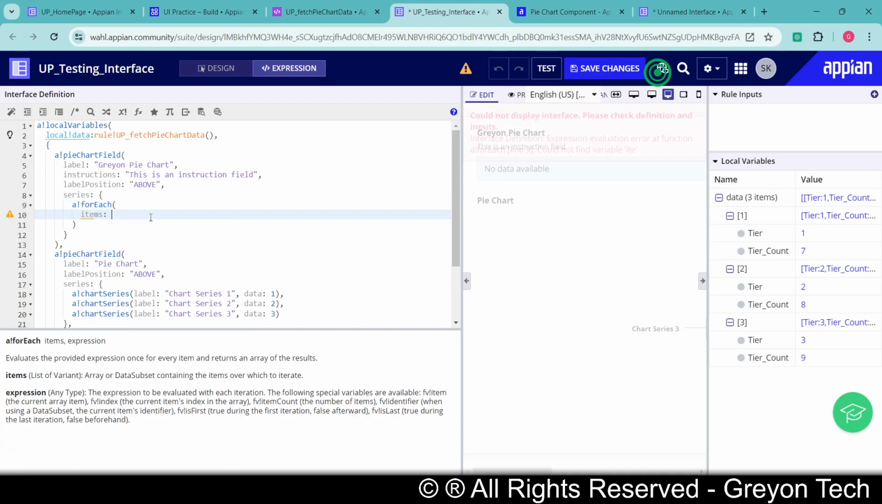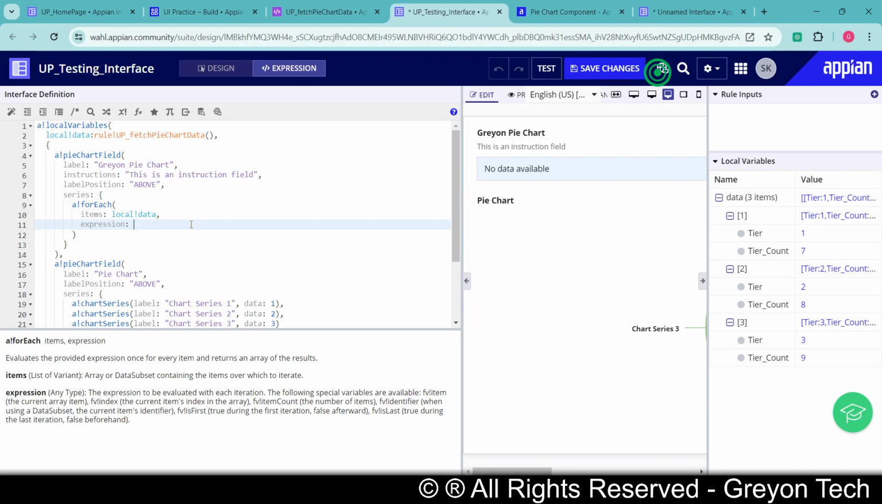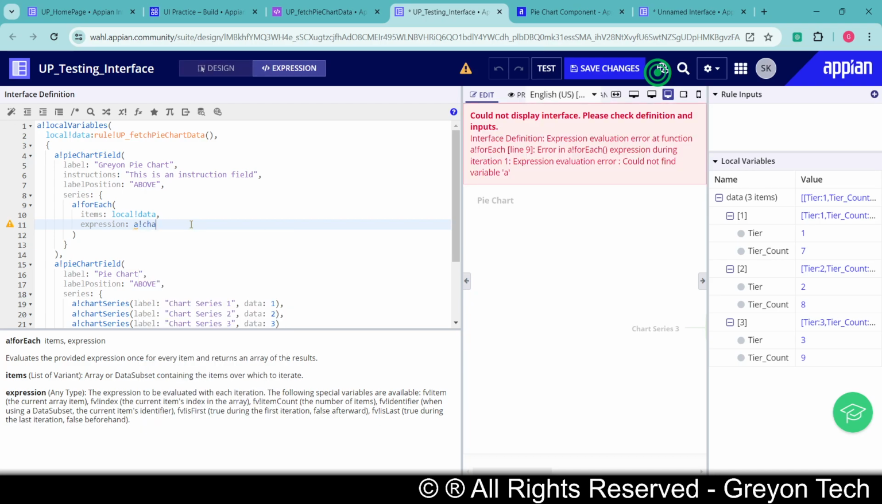Items. So what is items? Items is nothing but on which local variable or data variable you have to iterate. So I have my local bank data. Next, expression. This is what you have to do with the actual iteration of your data for every item in the loop. So I will do a bank chart series